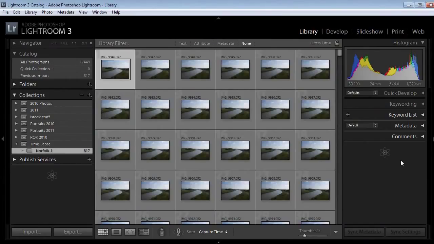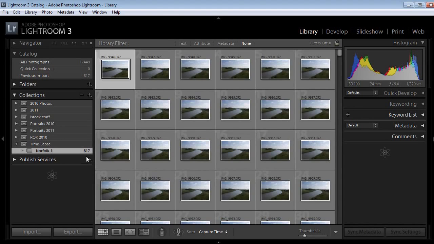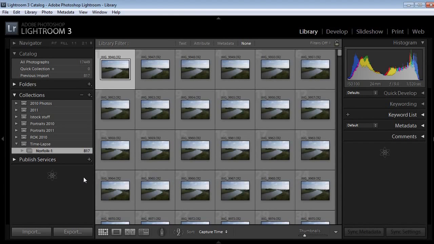Well, I really could have stayed watching the boats drift by for hours, but now we're back in the office and it's time to take the photos and turn them into a time-lapse video. And to do that, I'm going to use Lightroom 3. Now, I've already imported the images and we ended up with 817 photos that make up my time-lapse. I put them all in their own little collection, and now I'm going to jump over to the develop setting